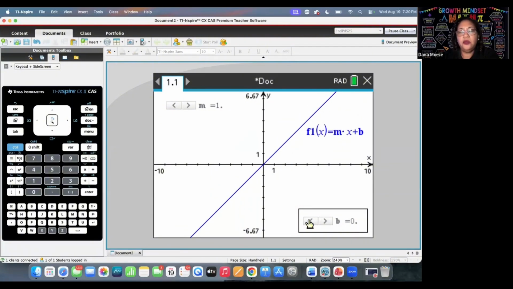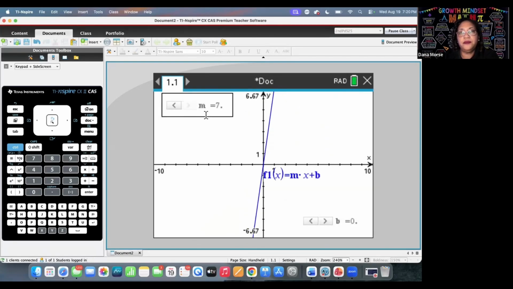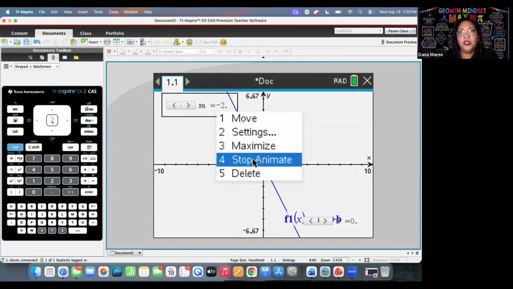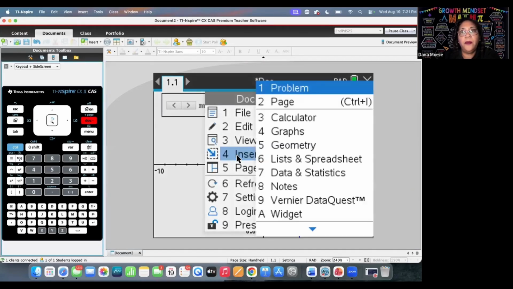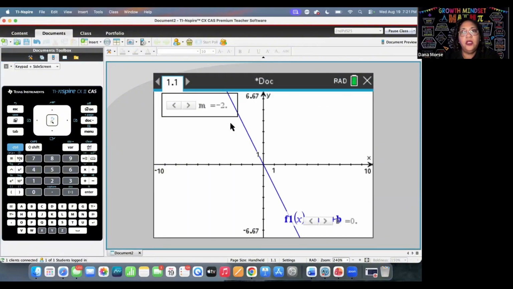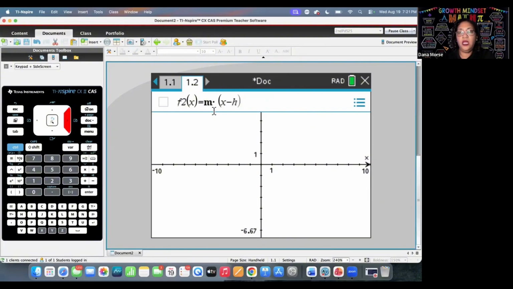Okay. So, what I would want students to do is to play around with the settings, maybe even animate. And then what else could they do? Stop the animation. What else could they do? They might actually be able to think about, let's insert another graph. They might be able to start to think about, similar to the vertex form of a quadratic function, they could put m times x minus h, right? And not square it yet,